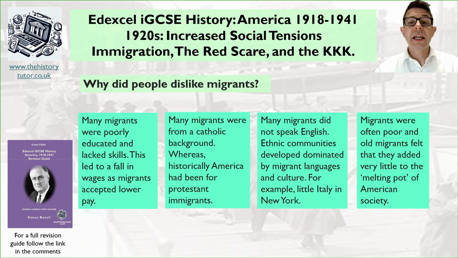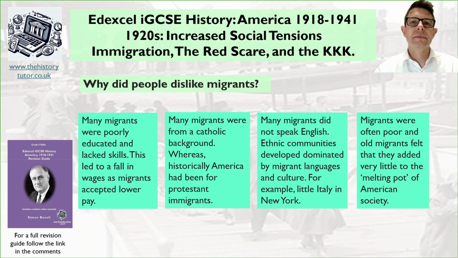Many migrants did not speak English. Ethnic communities developed dominated by migrant languages and culture, for example, Little Italy in New York. This meant America was not as united as it hoped. Migrants were often poor, and old migrants felt that they added very little to the idea of the melting pot